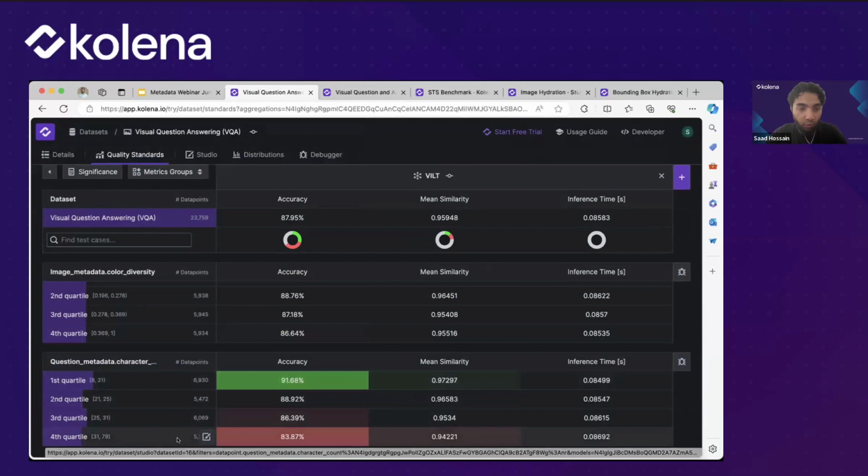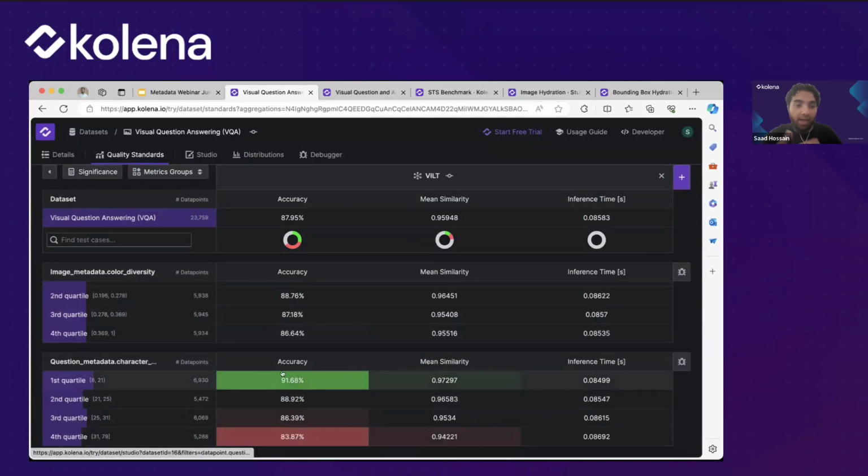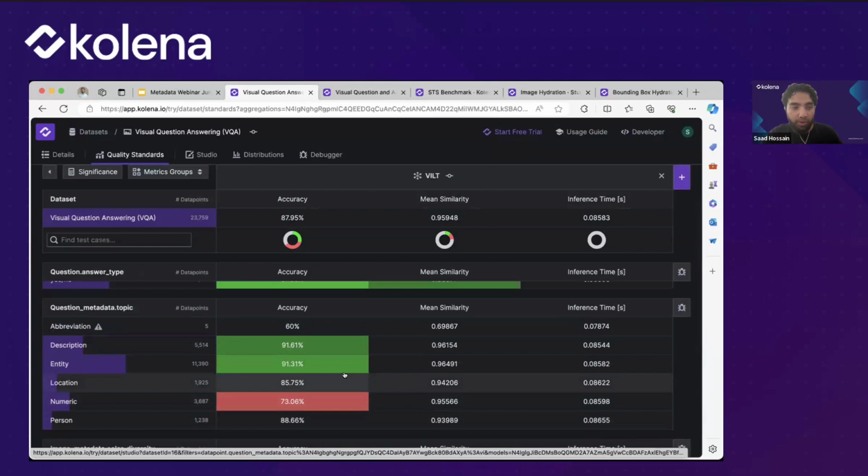And we see that in the 4th quartile, there seems to be significantly worse performance. So now we can understand that our model performs worse here, and perhaps we need to upsample this scenario in our testing. We can add more examples of this and train some low-hanging fruit. Perhaps we can add augmentations to increase the size of text and increase the context window of our models. There's a number of things we can do once we're informed by these decisions.